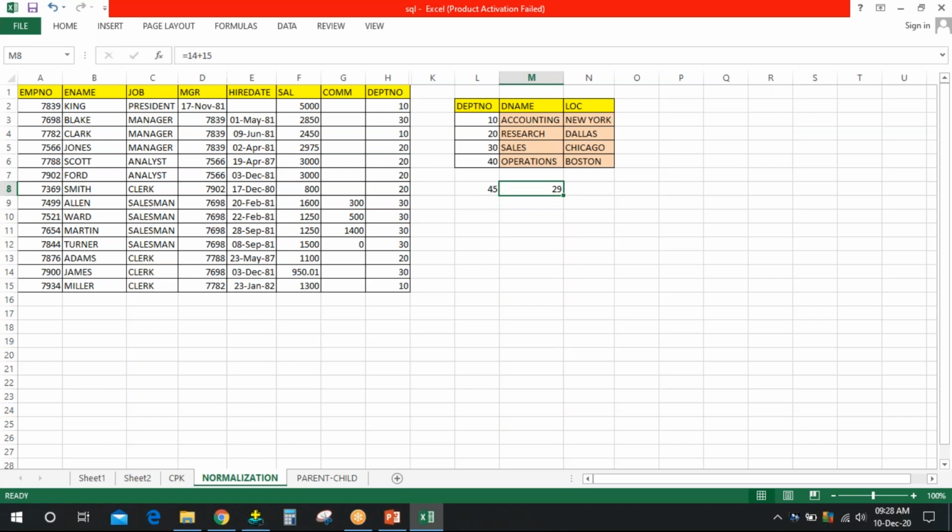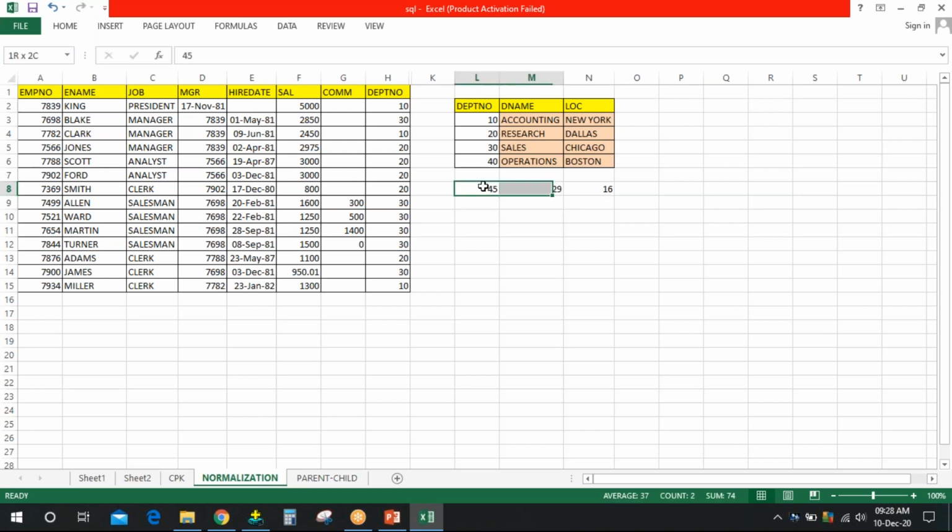You can see in a very small table there is a difference of 16 cells. And when the records are in the crores or in the lakhs, there will be a huge saving of space. If there is a record in the lakh, I can save almost 20,000 cells. If you convert that into bytes or MBs, you understand how much space is saved. And this particular concept is called normalization and denormalization.